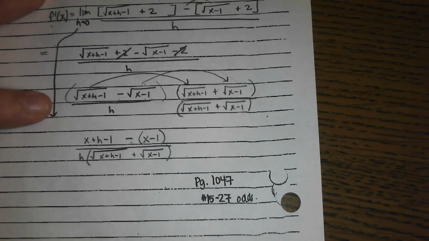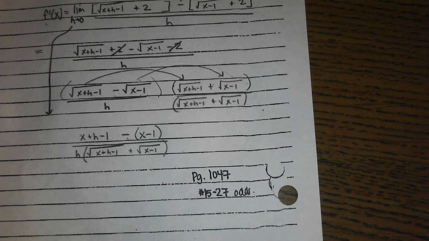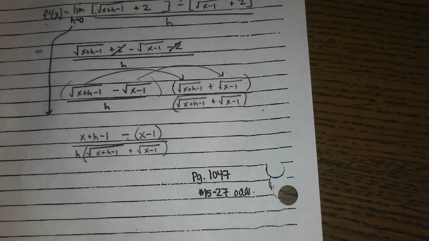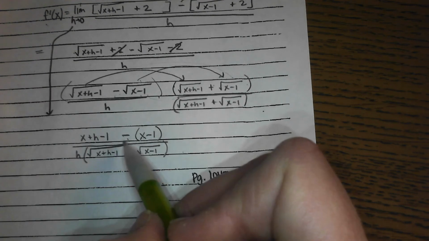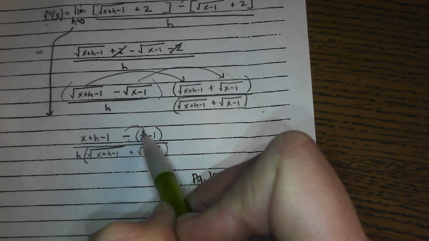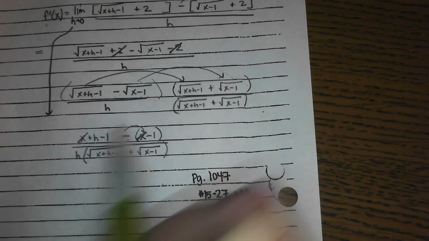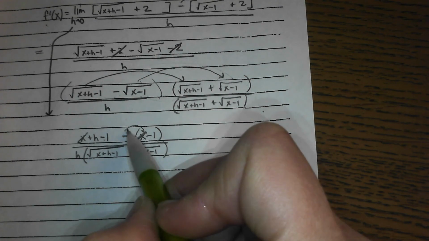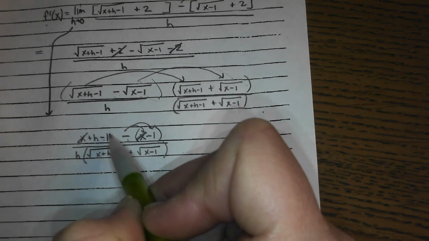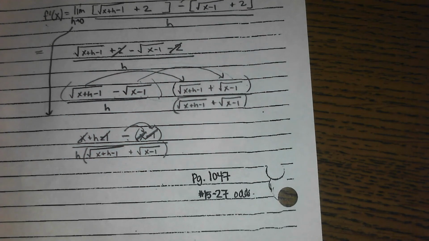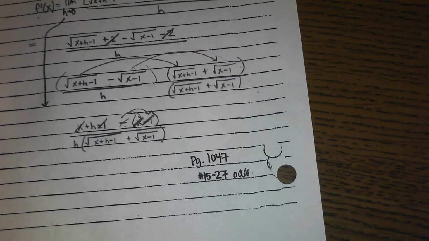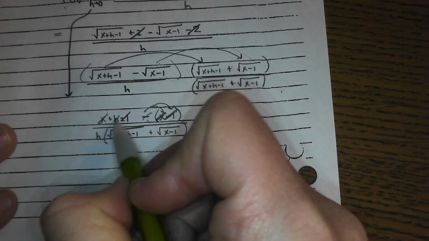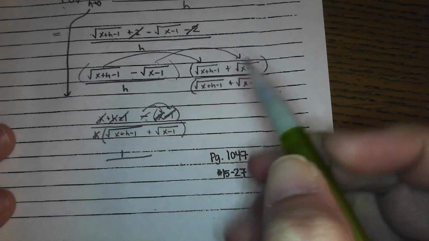So the intricacies of the algebra are extremely critical here. If your algebra skills are weak and not perfected, like how to FOIL these things and so forth, some of these problems get really ugly. I mean, it's just algebra, but it's algebra intensive for sure. So when I go to simplify my numerator, this x minus this x will cancel, and this negative 1, and then this will turn into a plus 1, that'll cancel. So your numerator will just be h. And then h over h can cancel, and it's 1 over